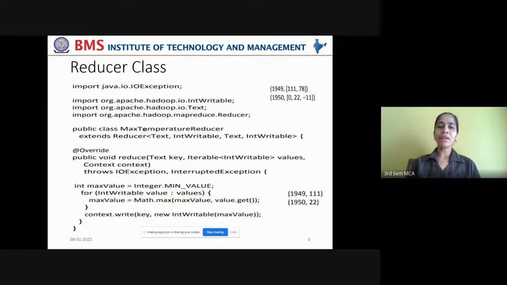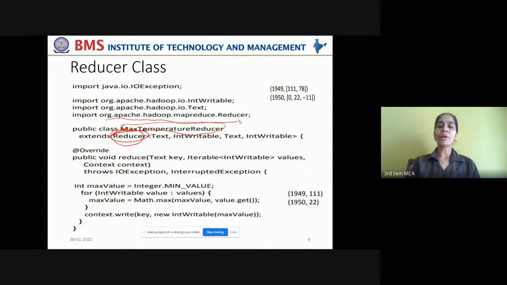In the same way, we have a Reducer class also, which our customized class will extend. Our class here is MaxTemperatureReducer, which will extend the Reducer superclass existing in the org.apache.hadoop.mapreduce package.